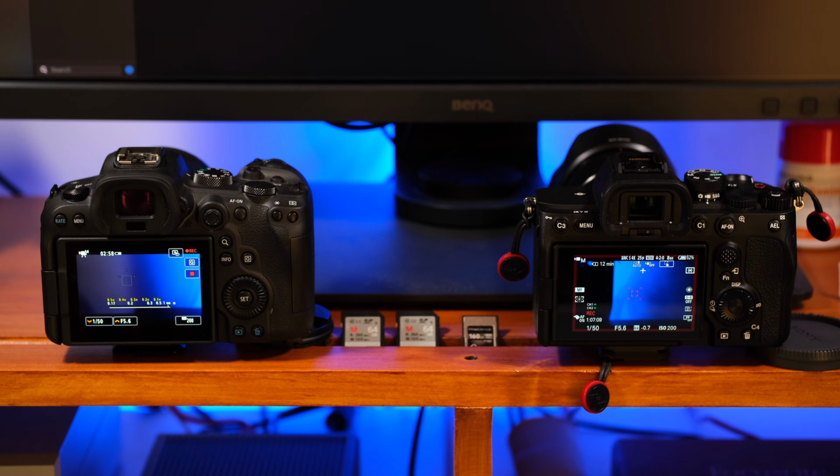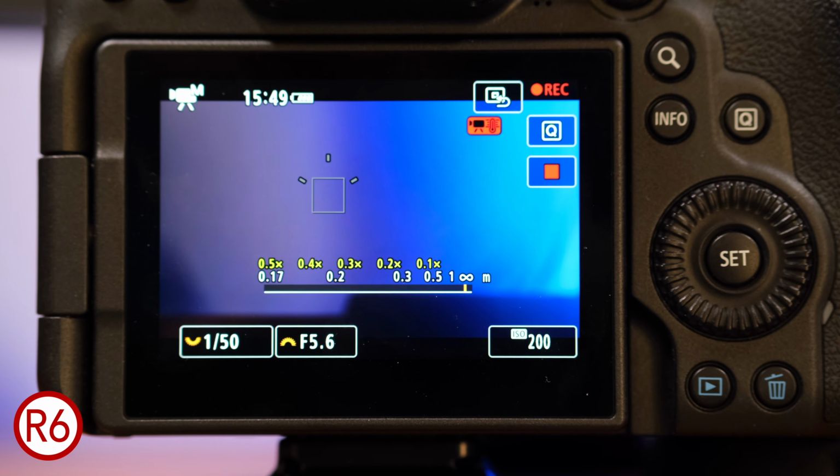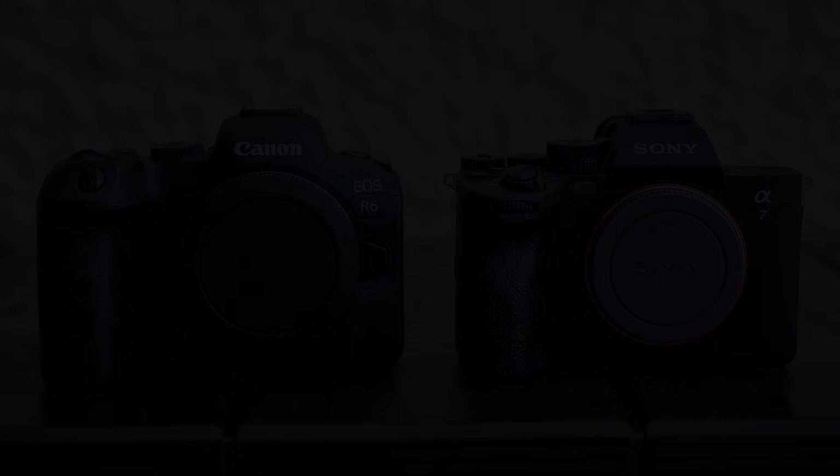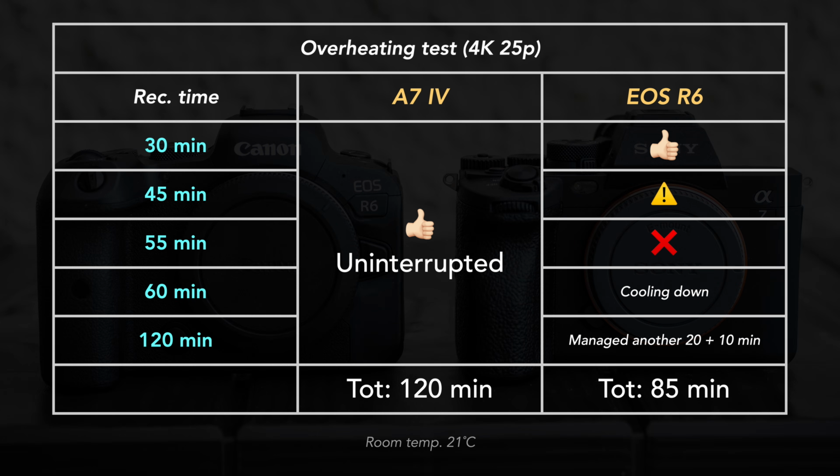The Sony has an advantage with long recording time because it doesn't have the 30-minute per clip limitation like the R6. Also, the A7 model has been designed to reduce overheating with the help of a heat dissipation structure inside the body, and in my test I was able to record without interruption for more than 2 hours. The R6 not only has a 30-minute limitation, but can overheat much more easily. In the same conditions, the warning icon appeared approximately 15 minutes after starting the second clip, so a total of